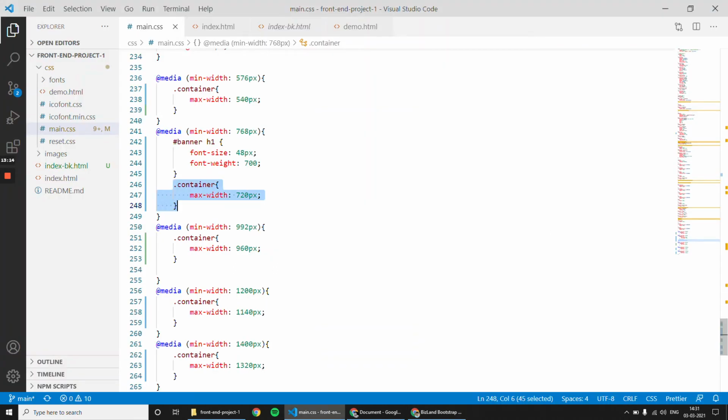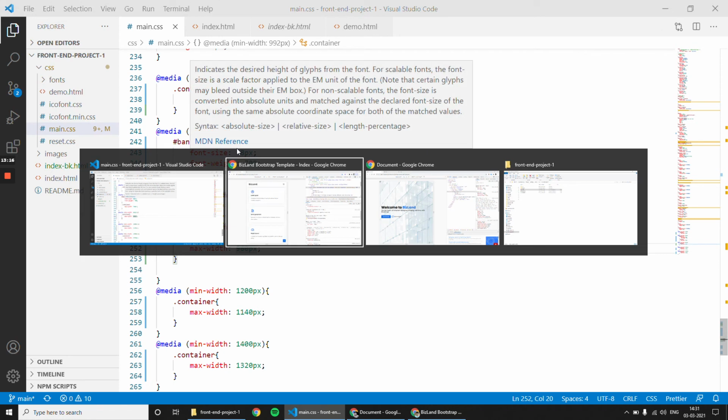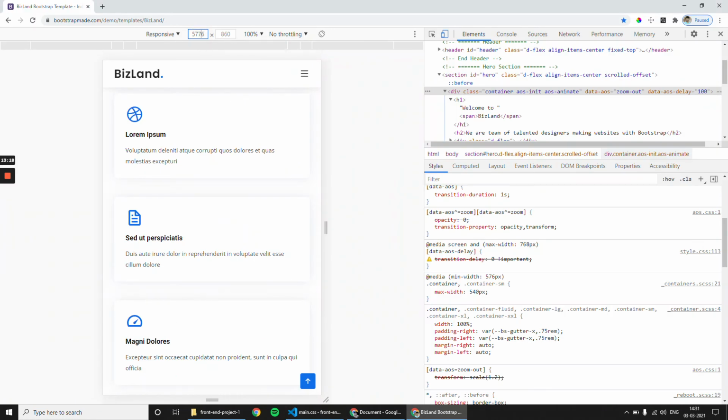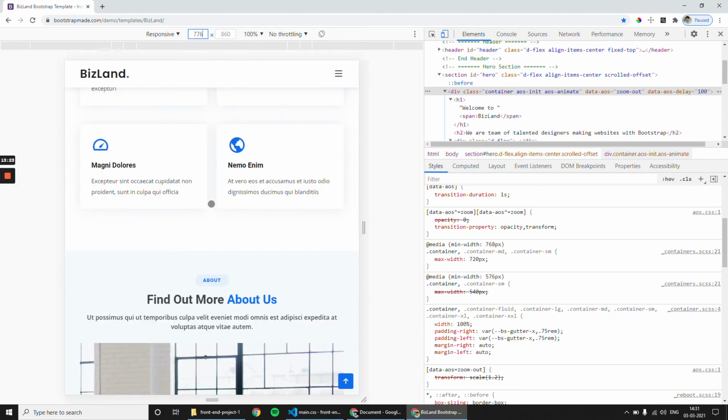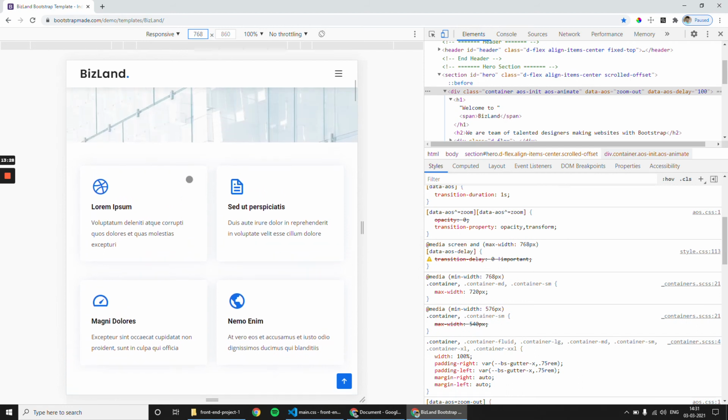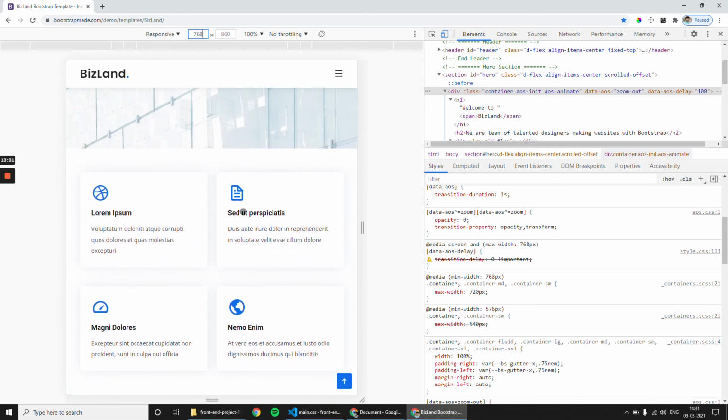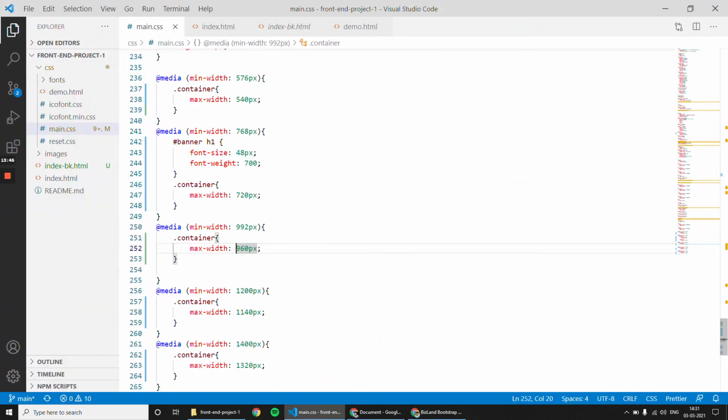So the next breakpoint is 768. For 768, there are some changes. They have brought the div into 2 columns. So to make each row carry 2 boxes, you will apply those styles in this breakpoint.